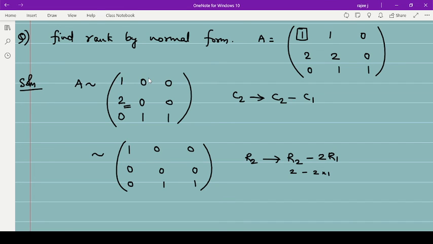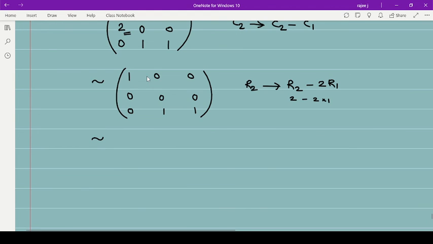So now what to do? As per the rule, in the first row and first column, all the elements are 0 except the first one. Now we will make either this 0 or this 0, anyone. The use of having zeros in the first row and first column is that calculation will be very easy. As you like, you can make either one 0. I'm going to make this C3 0, so C3 changes to C3 minus C2.